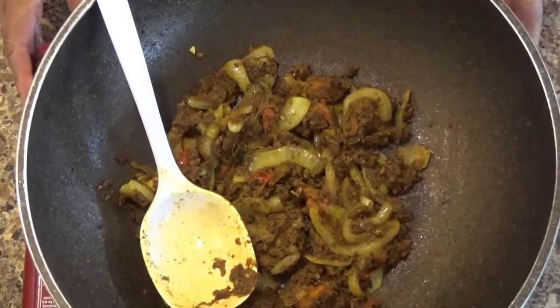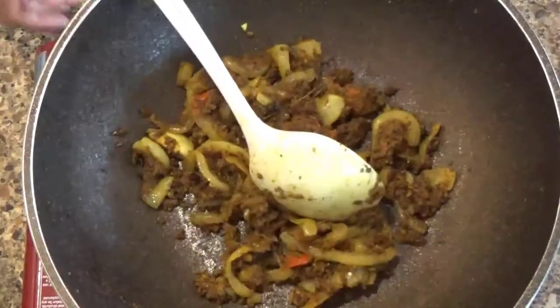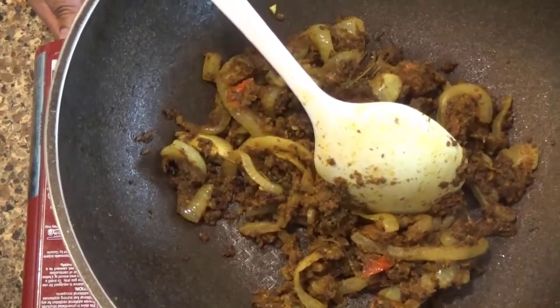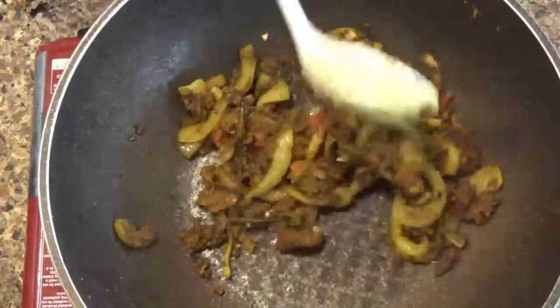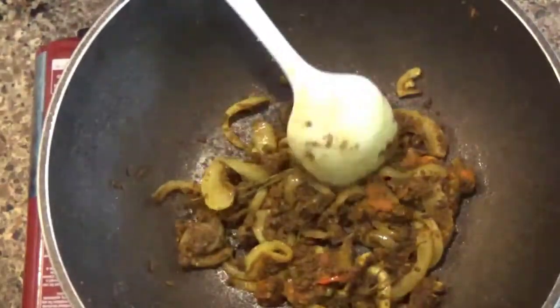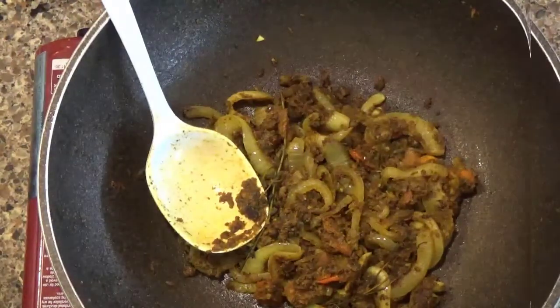Okay guys, you know when your masala is done because it starts releasing the oil and the side of the pot. Let me just turn that down just a tad, guys. Didn't want to burn it. Get to this stage. Yeah, the side of the wok is starting to get shiny, and again the oil is being released that we've been using to cook this down. And see, it's got all nice and mushy and the onions are soft. I'm gonna add